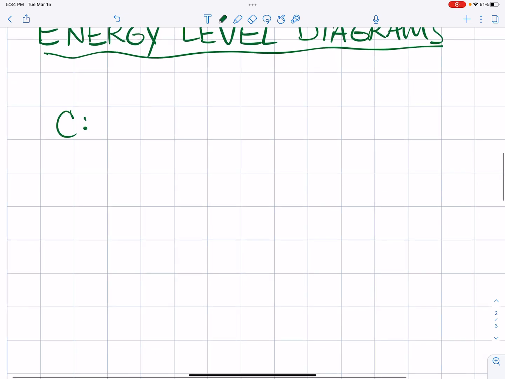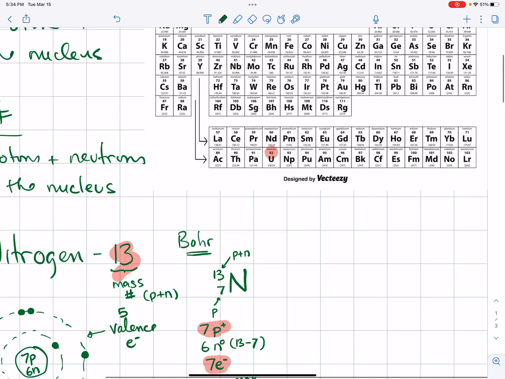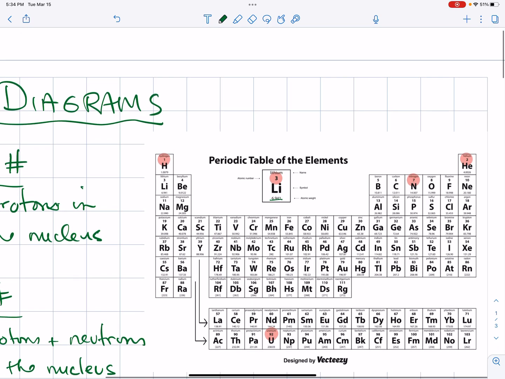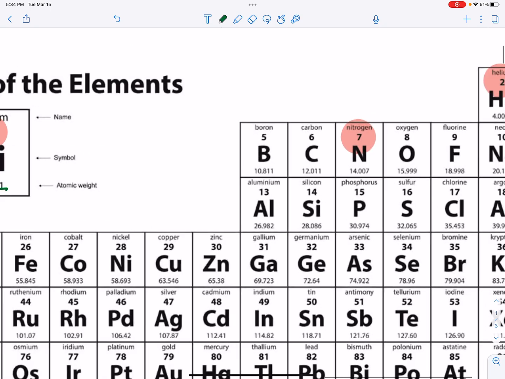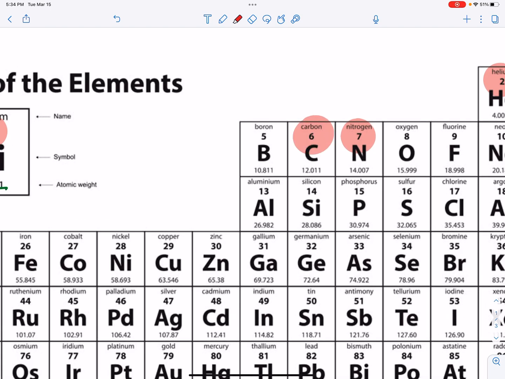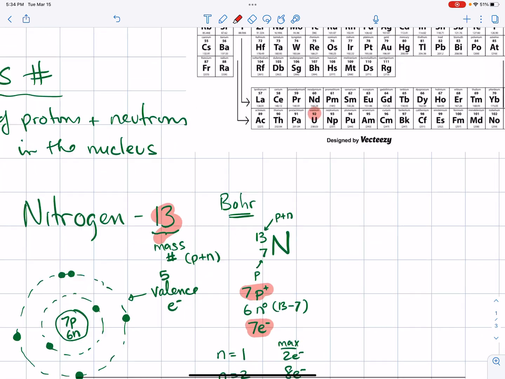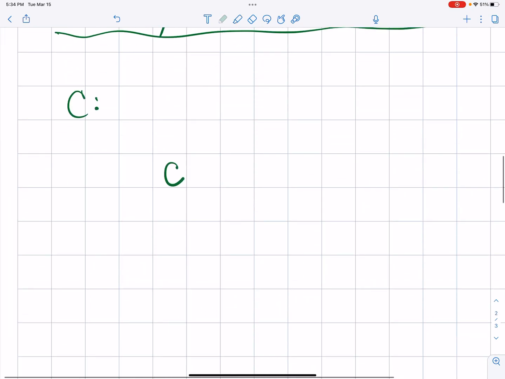To draw the diagram for carbon, you put the symbol for carbon, so a capital C. You look on the periodic table and find carbon. Carbon's atomic number on the periodic table is number 6. So it has 6 protons in its nucleus. Coming back to our diagram, we'll write 6 protons above the symbol. So that's from its atomic number. Then we're going to write the fact that it has 6 electrons. The protons and electrons are equal,